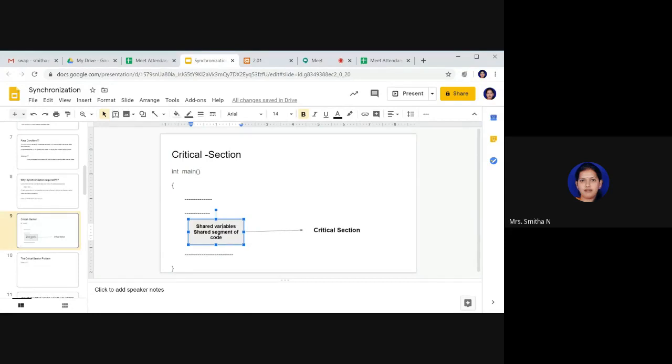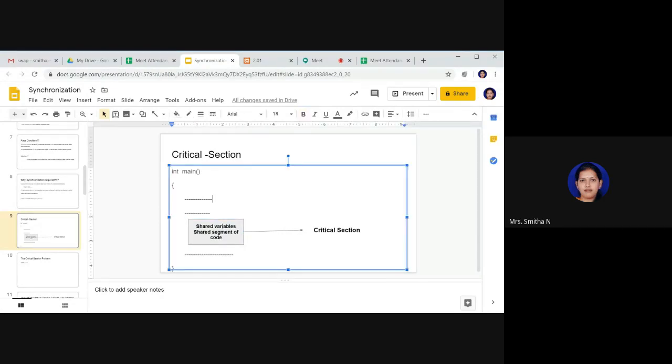Entry section will check some condition and allow only one process at a time. If any other process tries to enter, it will be blocked in the entry section. That is why we need to have a section called entry section, to block other process from entering when already one process is executing in the critical section. And exit section is required because exit section helps you to,